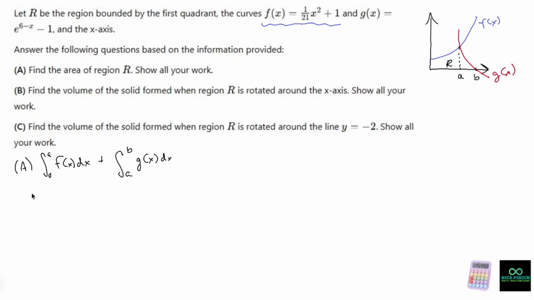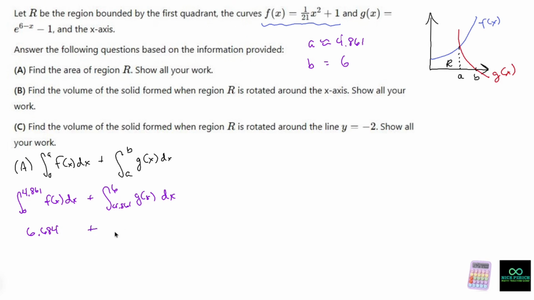All right, so we ended up with two pretty important numbers, okay? That A ended up being 4.861. That B ended up being 6. So rewriting this out was the integral from 0 to 4.861 of f of x dx plus the integral from 4.861 to 6 of g of x dx. Okay, this guy gave us 6.684 plus this guy gave us